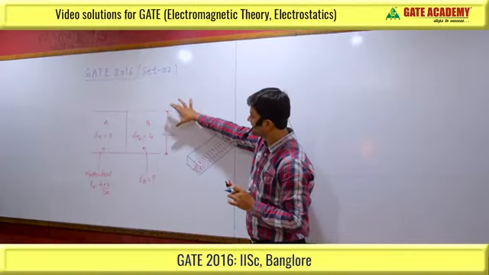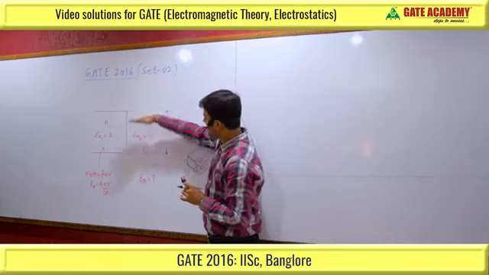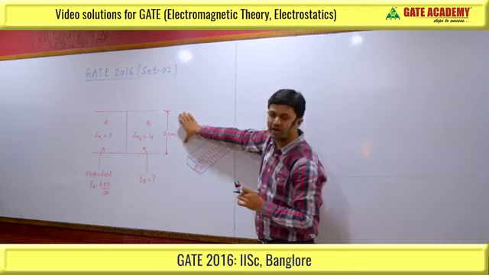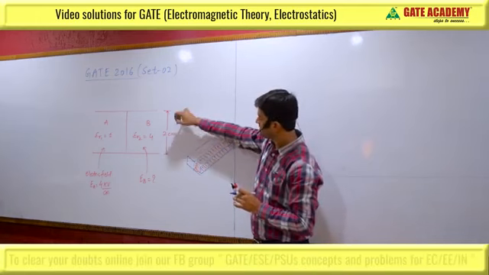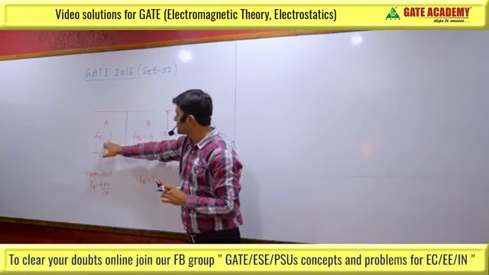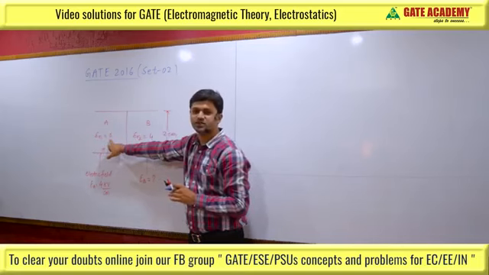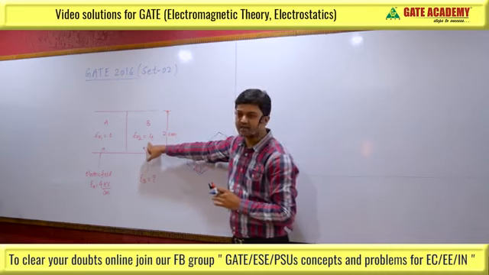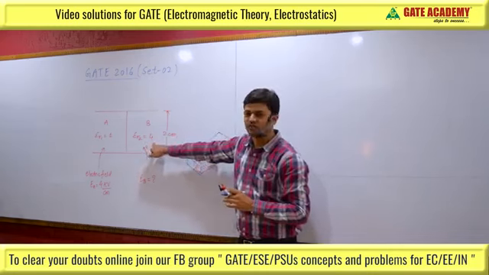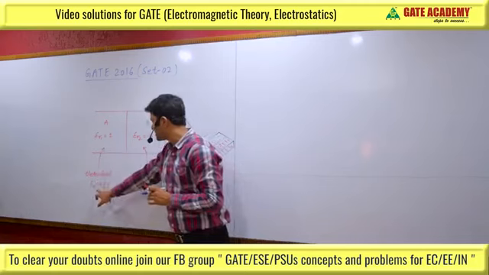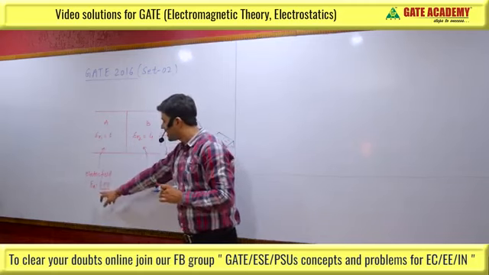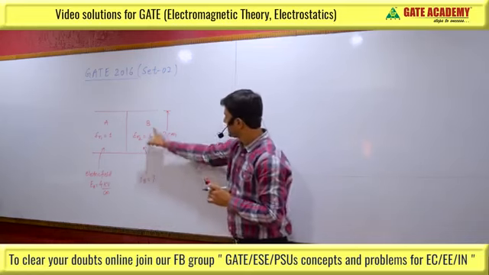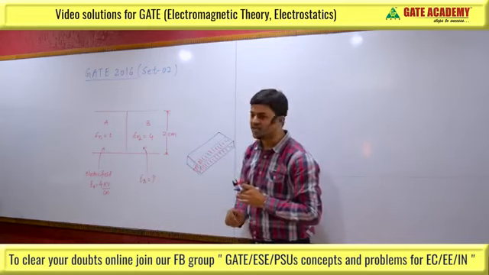The arrangement of the plate is given. This is two parallel plates and the gap between the two parallel plates is 2 millimeter. The half portion is filled with air which has dielectric constant 1, and the half portion is filled with some other dielectric which has permittivity 4. The electric field strength for the first region A is given, that is 4 kilovolt per centimeter. We have to find the electric field for region B.